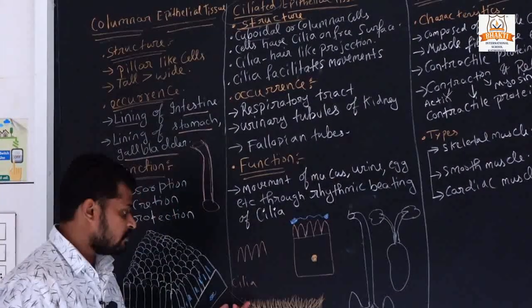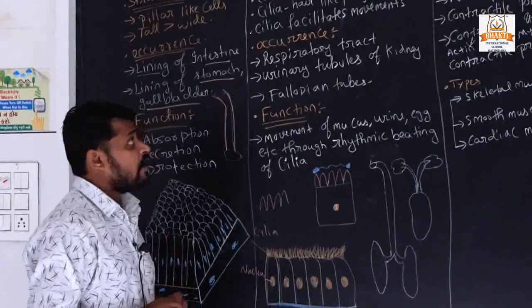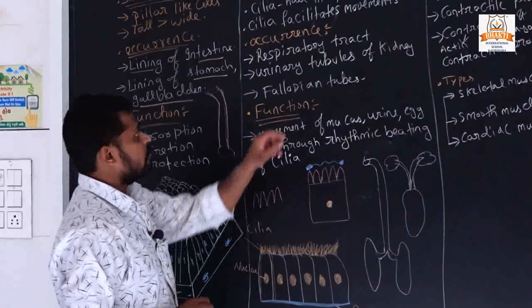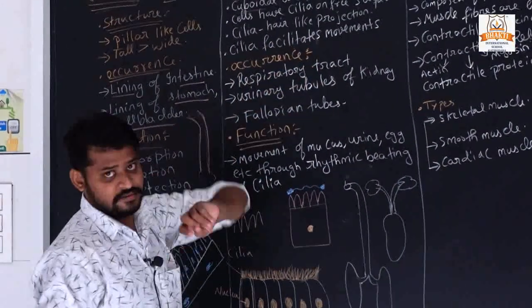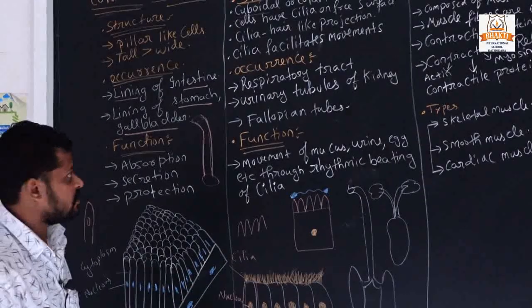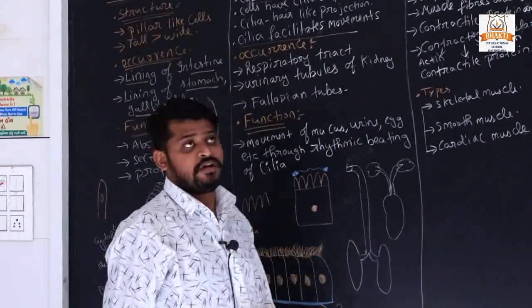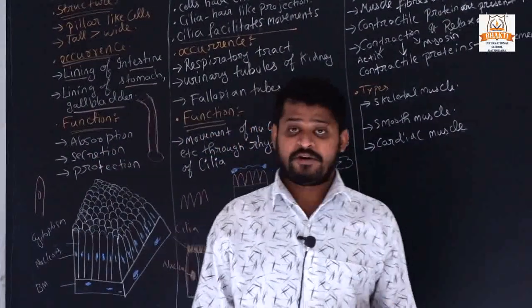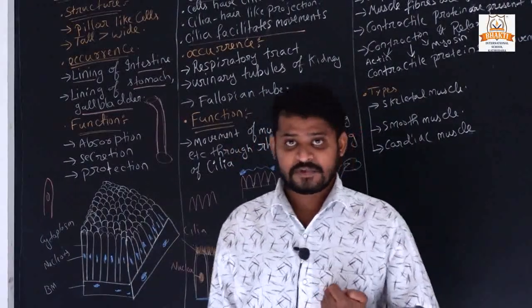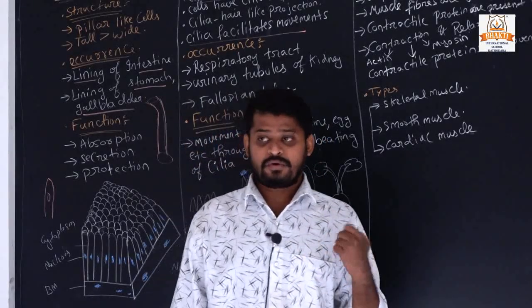I told you now, here there is no type of surface present, that's why cilia are present in a cell. Cilia are hair-like projections. So we can all see here it has hair-like projections. Cilia facilitate movement. We all know we do both types of motion, movement and locomotion. Plants are not able to do locomotion.